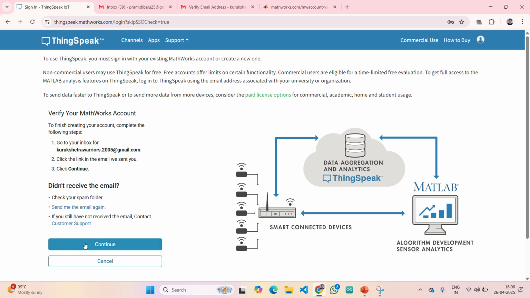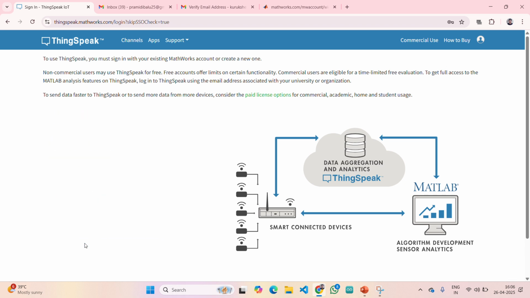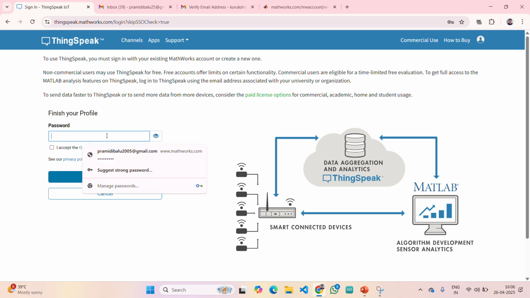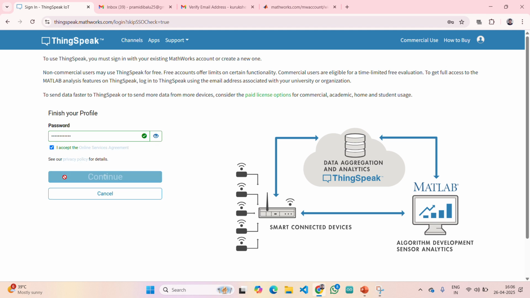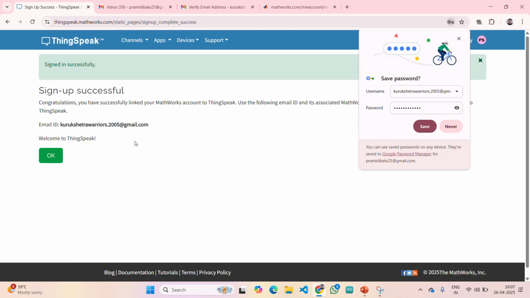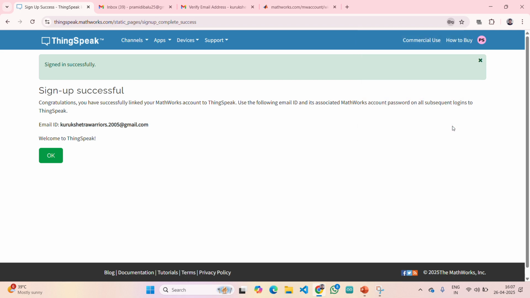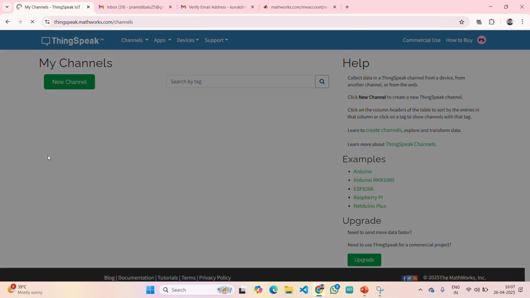Don't close this page. Click continue from here. Then it will ask you to keep a password. You need to set your own password. After entering the password, click on I accept and click on continue. Sign up is successful. Now click on OK.